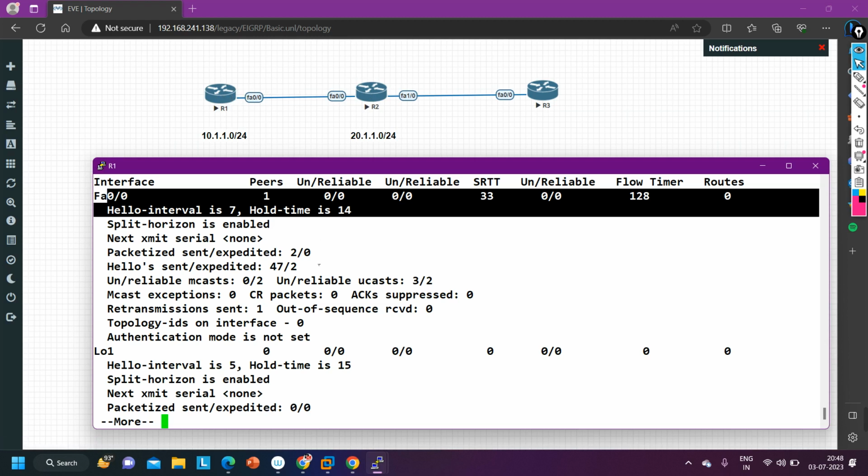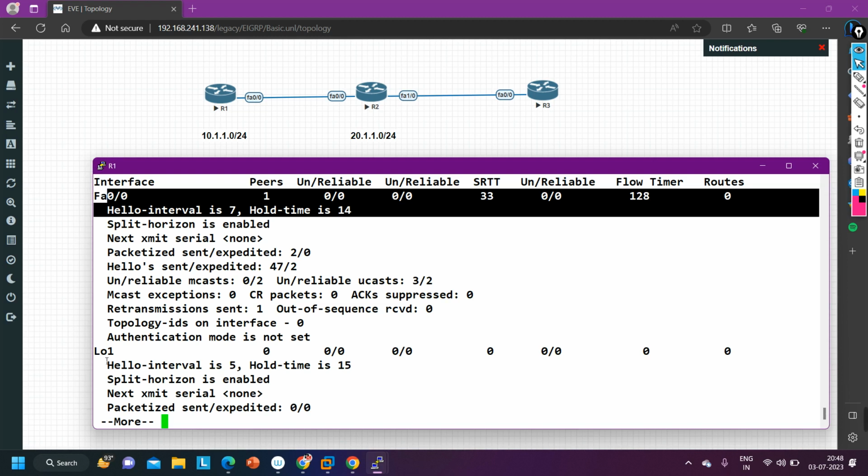So for 14 seconds, if it is not getting any kind of response from R1, then it will drop the neighborship. Correct? Exactly. And then it will start sending hello messages again to form the neighborship. Clear? Yes, sir.